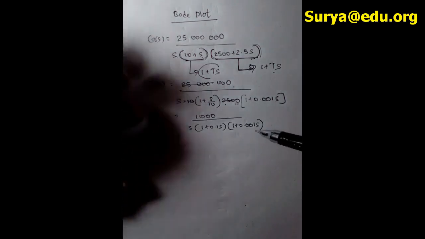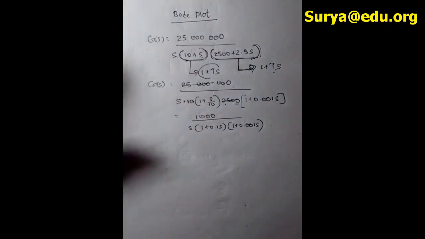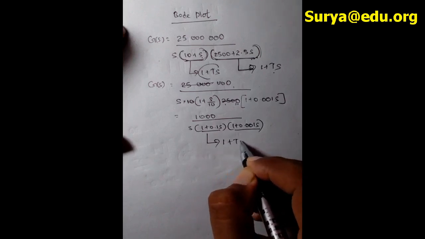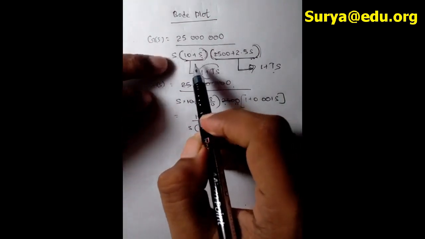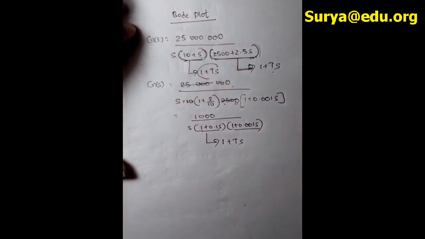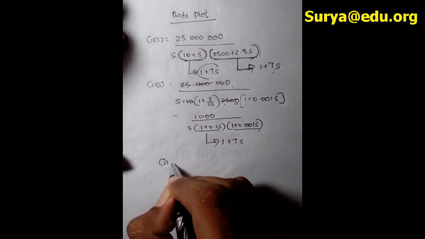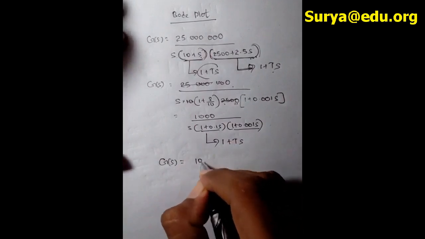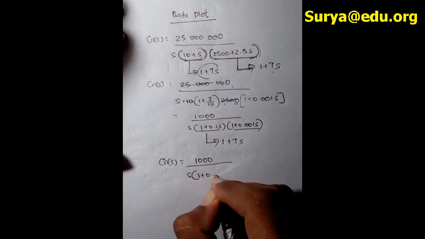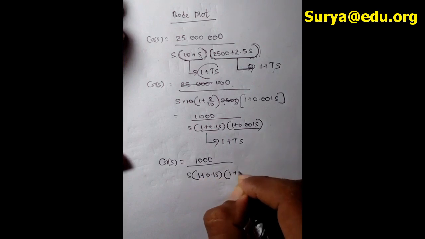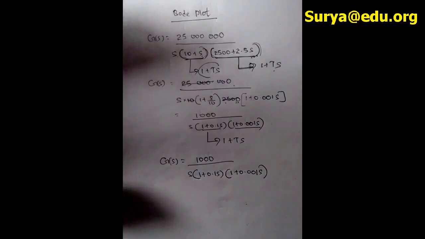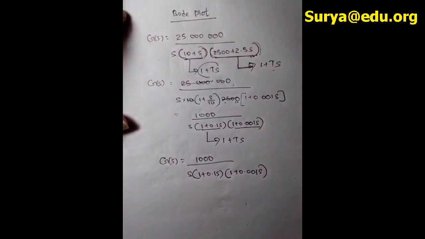So now this is the format that we need to have, because, as I told you, all these components should take the format of 1 plus ts. That is why we did some factorization. So that is the basic part. Now we know our ultimate transfer function is 1000 divided by s times (1 plus 0.1s) times (1 plus 0.001s). Now there is a data table that we need to obtain.